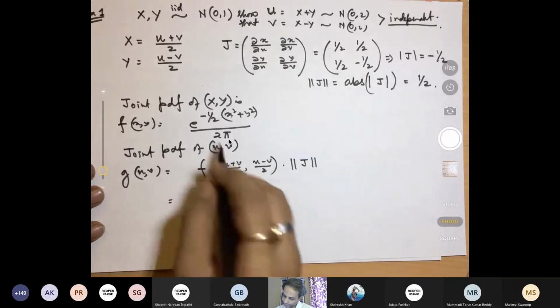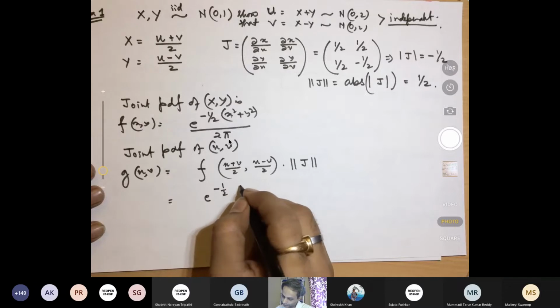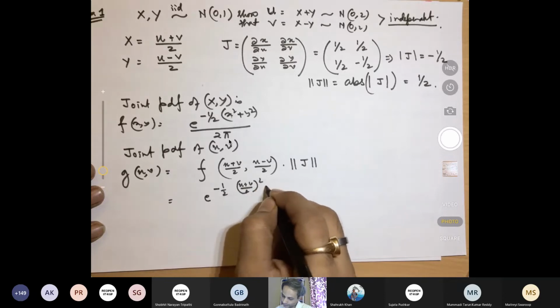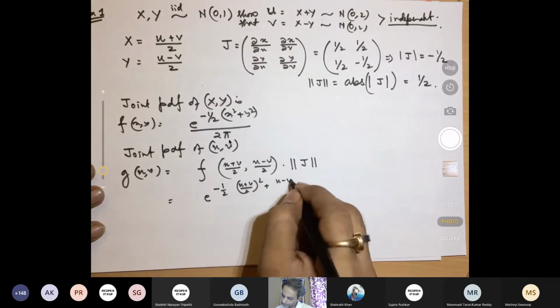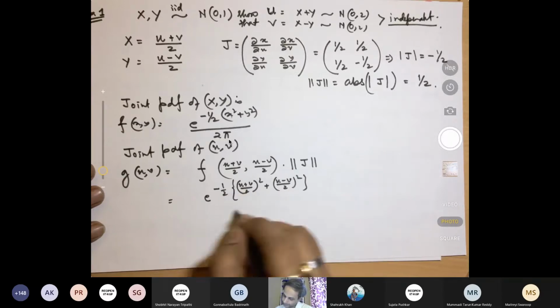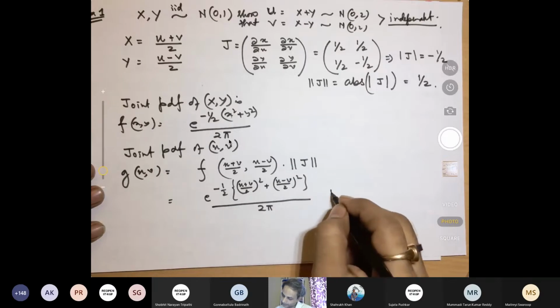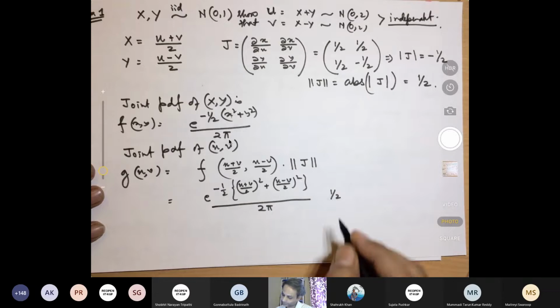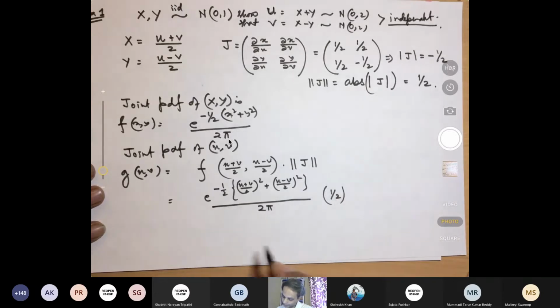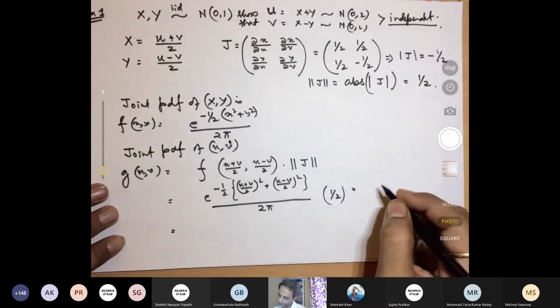So in this quantity you will get e to the power minus half, u plus v by 2 whole square plus u minus v by 2 whole square. This quantity divided by 2 pi. The absolute value of the Jacobian is half. So eventually, if you split them, what you will get from here is